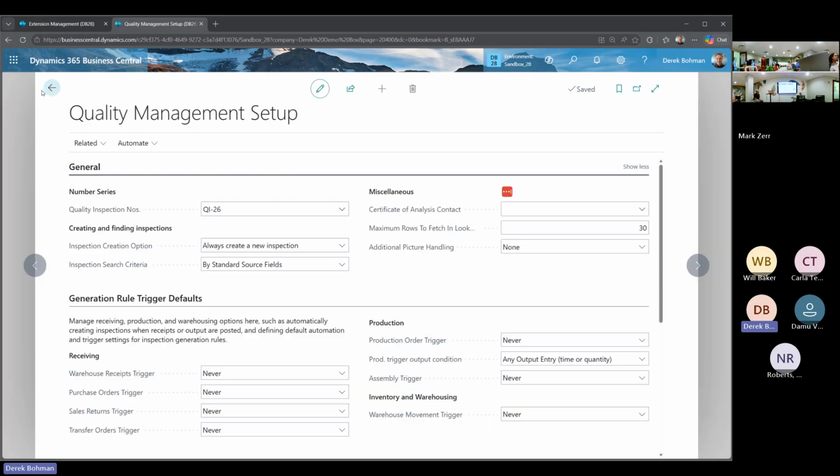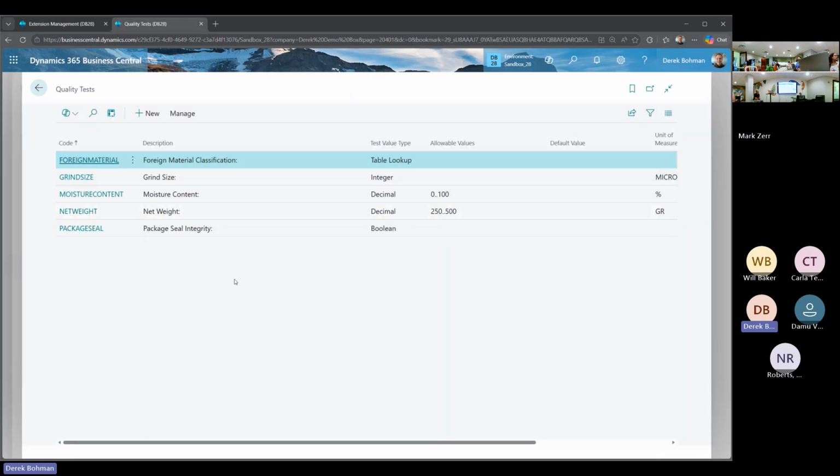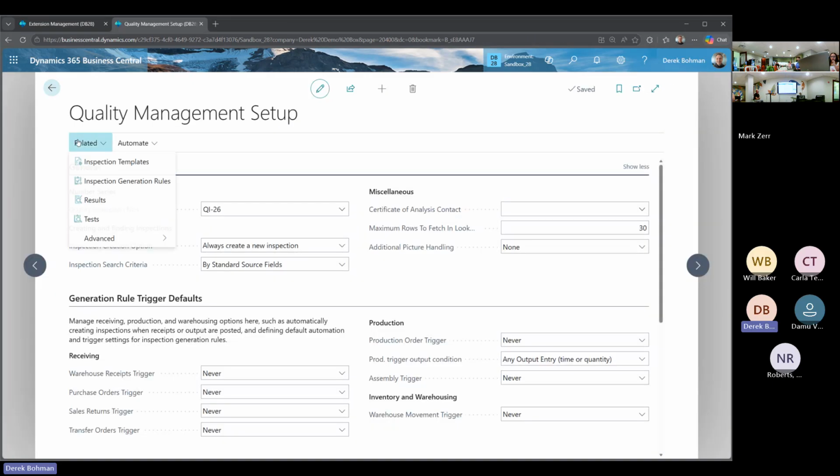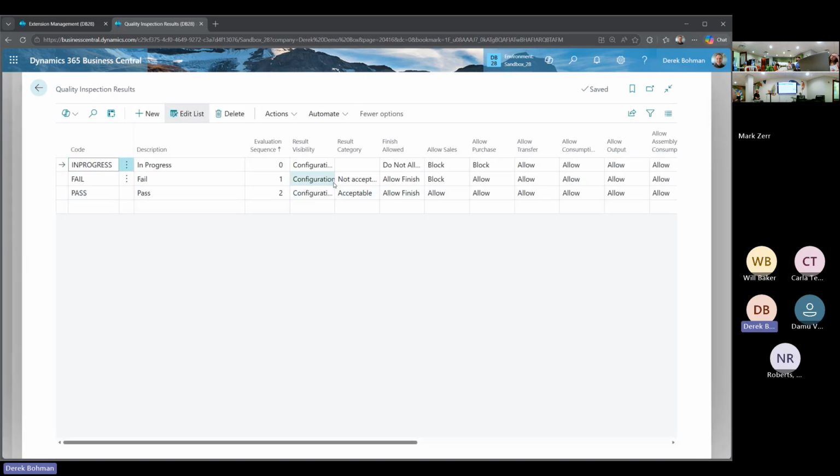So to show that real quick, we'll go back into our quality management setup. We'll go into our quality tests, which I have a couple set up today. But if we were to go into foreign material test right now, we can see that there's not actually an area where we can fill in our pass or fail criteria. And this is where I was saying this has tripped myself up and a lot of people. So what we actually need to make sure when we go into our results is that these need to be